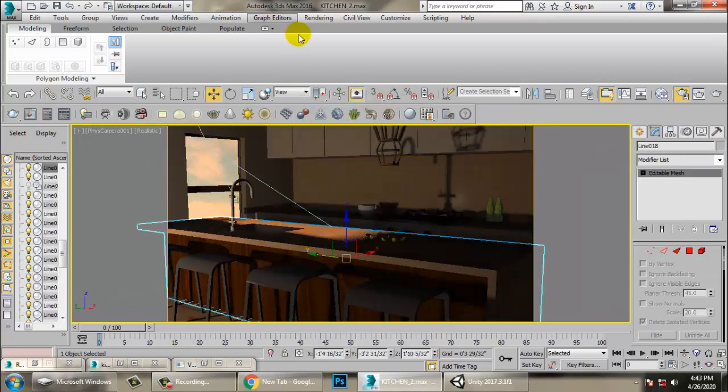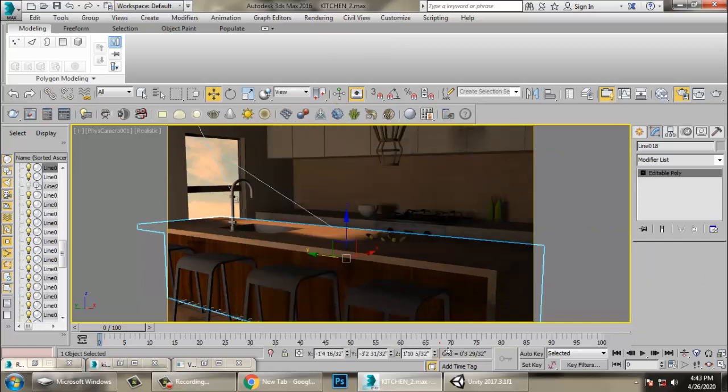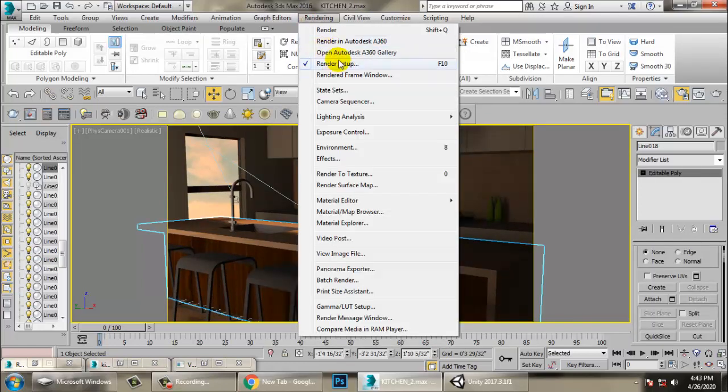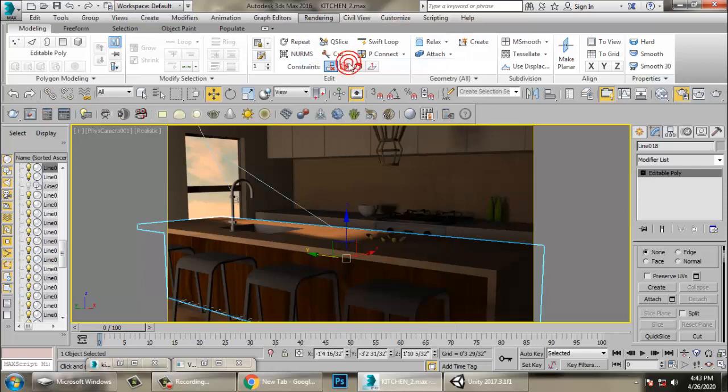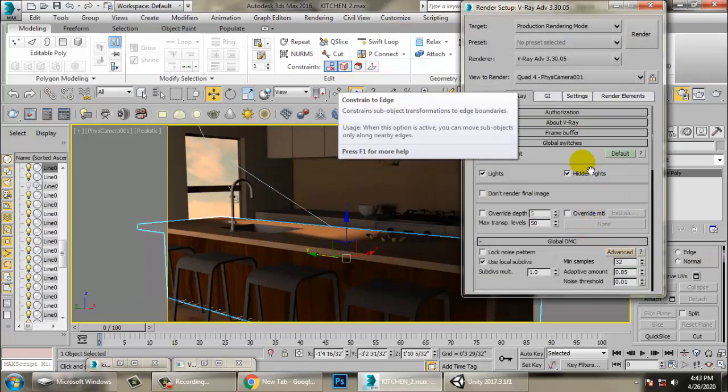And also what we have done over here is we went into the render setup and we have some render settings. Very first of all, what I did over here is I increased the samples.